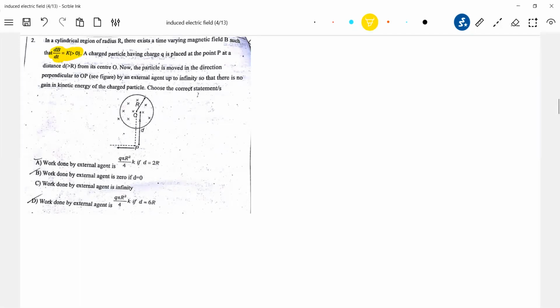A charged particle having charge q is placed at point P. It is a charged particle placed at point P. Now the particle is moving in the direction perpendicular to